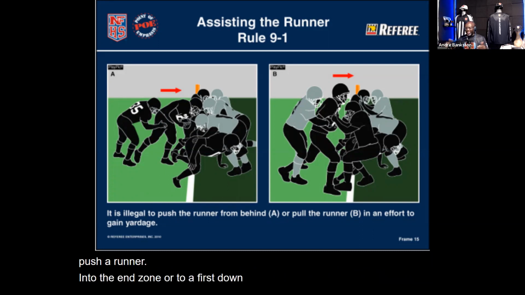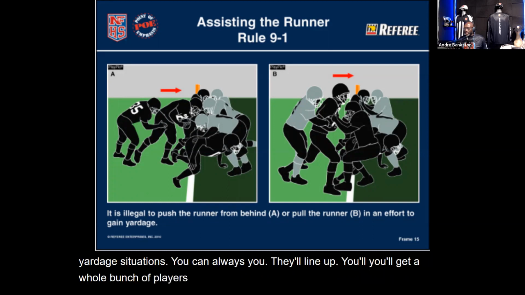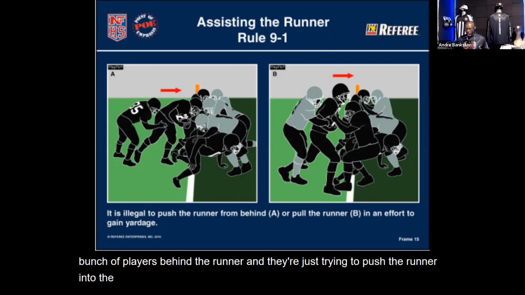And again, you always see this in close yardage situations. They'll line up, you get a whole bunch of players behind the runner, and they'll just try to push the runner into the first down or to the end zone. Now,